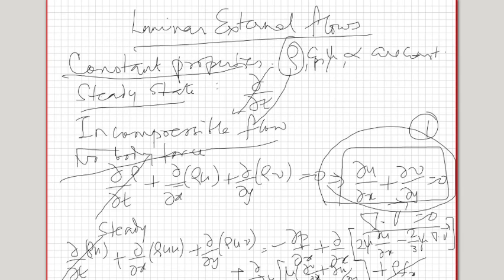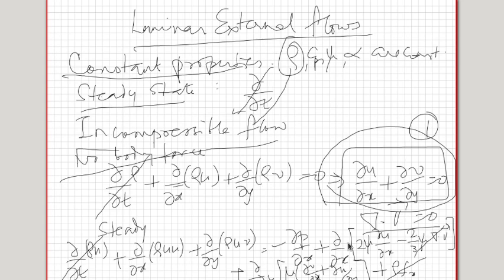Okay, then go back. What are the other terms on the right hand side? On the right hand side, there is a del dot v here. So the del dot v is 0 according to continuity equation. So that will go off. And this we have to expand and simplify. So let's do that. So what are the terms that are here? There is a del by del x of 2 mu del u by del x, and mu is a constant, so mu can come out. So this will be 2 mu times del square u by del x square.